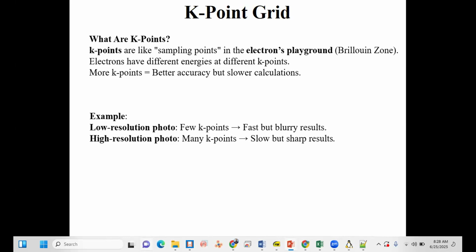So I will give an example. Let's consider the floor of our room, where we have tiles.